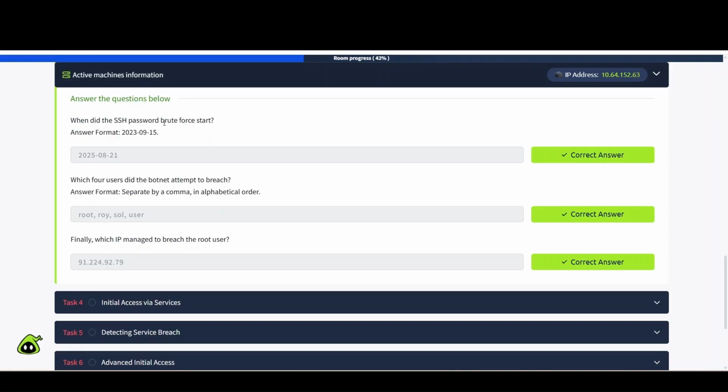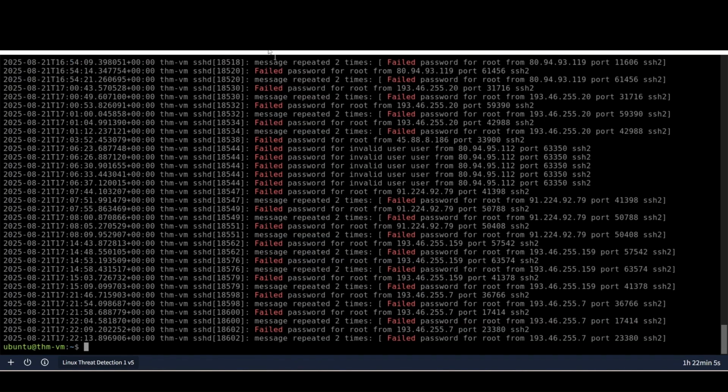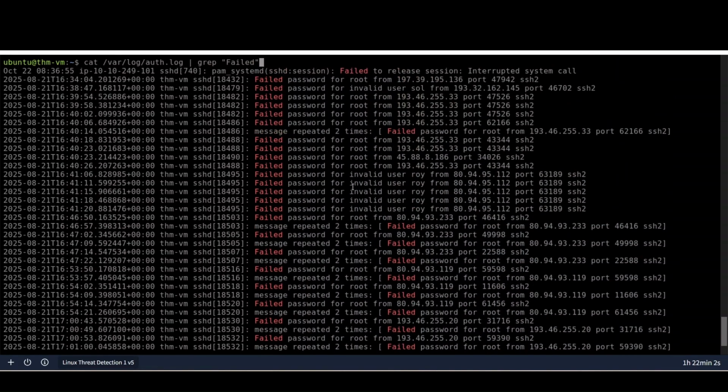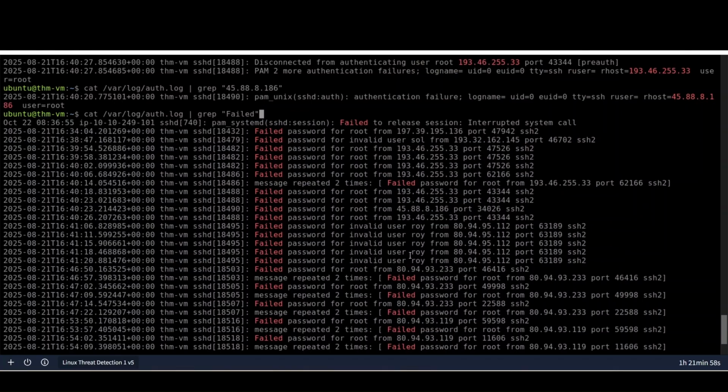All right, so let's take a look and see if we can find this brute force activity. We are going to cat the auth.log and then pipe that into grep and look for failed. And right off the bat, we can see quite a few entries here, and you can see various different IPs. Okay, so that's where you want to pivot, or that's where I pivoted from. You're going to jot down these IP addresses here, and we're going to grep those to see what else came